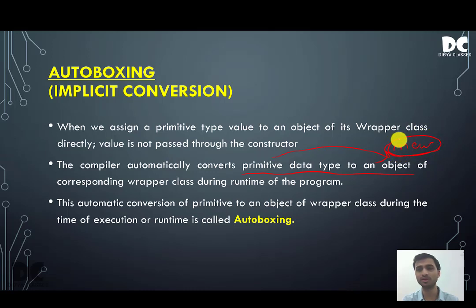If you are using the new keyword, we will say it is explicit conversion. If you are not using the new keyword, we will say it is implicit conversion or auto boxing. Using the new keyword, it is boxing. Without using the new keyword, it is auto boxing. You can remember it like this. Now this automatic conversion of a primitive data type to an object of a wrapper class is known as auto boxing, and it is done during runtime.